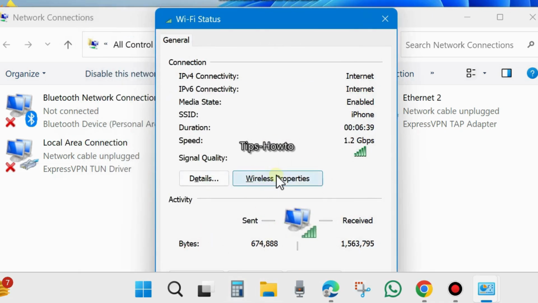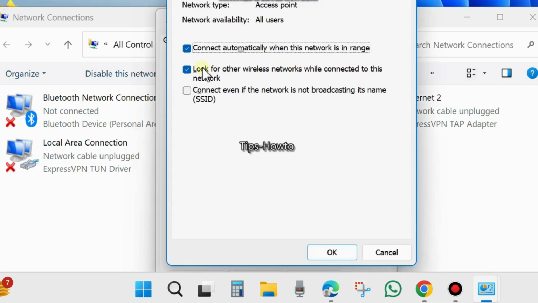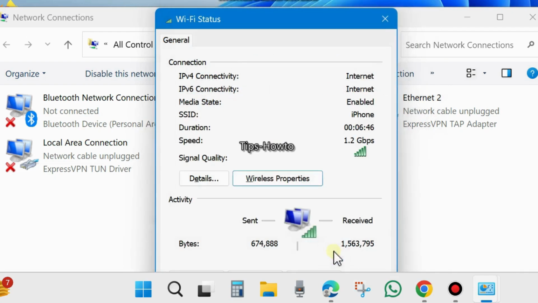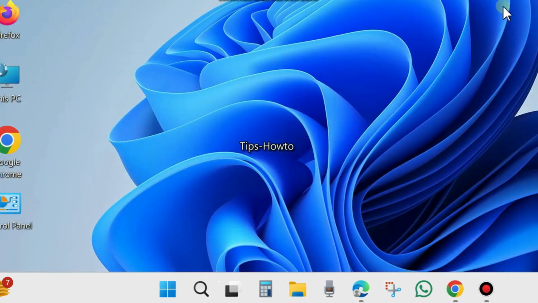Now if your Wi-Fi signal is weak, and another network is available, your system will automatically connect to it. If you want to disable it, simply turn